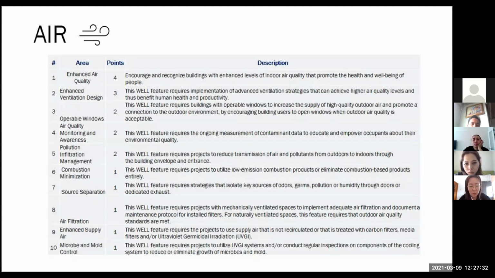For example, it means that they meet thresholds for particulate matter like PM 2.5 or PM 10, as well as organic and inorganic gases and so on. The next is, for example, enhanced ventilation design. It requires implementation of advanced ventilation strategies that can achieve higher air quality levels and thus benefit human health and productivity. One of these